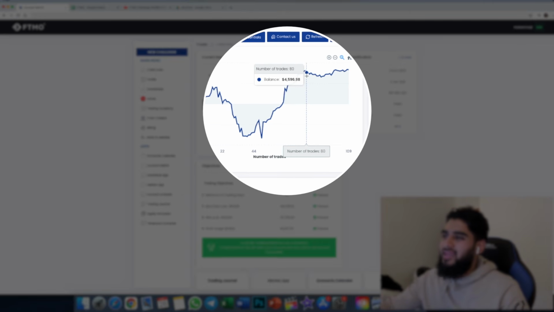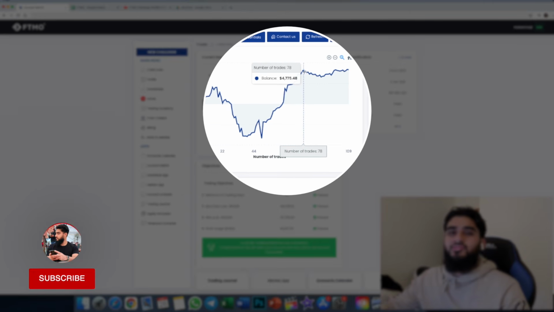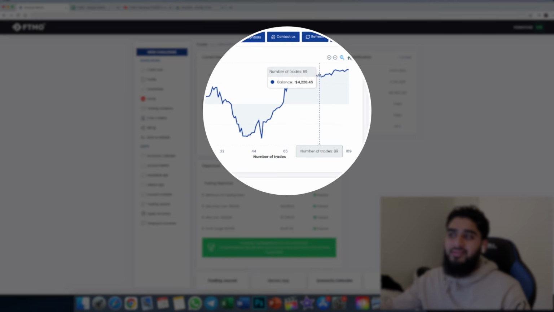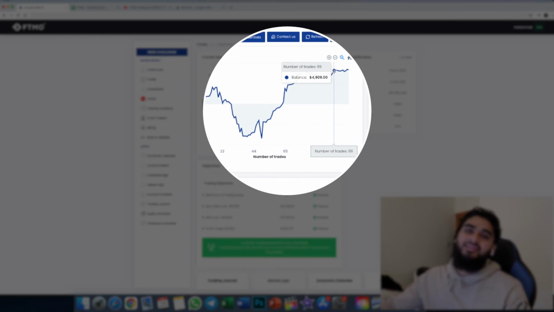Around the 80 trades mark, this is where I had a bit of a struggle, because I didn't want to risk dropping all the way back down again. So I was taking some really small lots, just trying to hit that last few hundred so I could pass this challenge. Came up to about 4.7%, dropped back down to about 4.3%, and I was just hovering around this area for a while before I got a few good trades in, which took me to 4.9% of the capital.